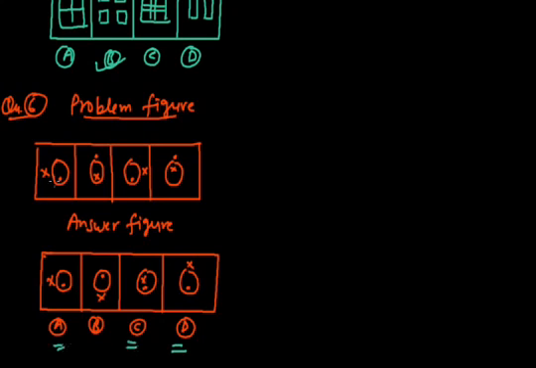Next we see the cross position. The cross moves in anti-clockwise, and its position is first outside the circle, second inside the circle, third outside the circle, fourth inside the circle upside. Next is outside the circle on this side. So outside the circle on this side, option A is here. So the answer is option A.